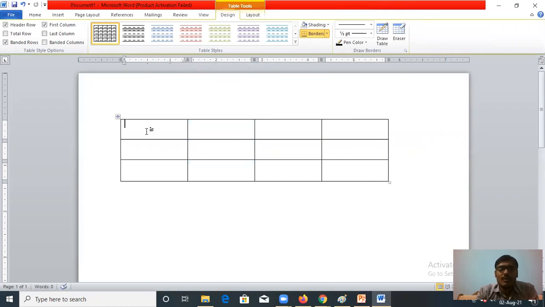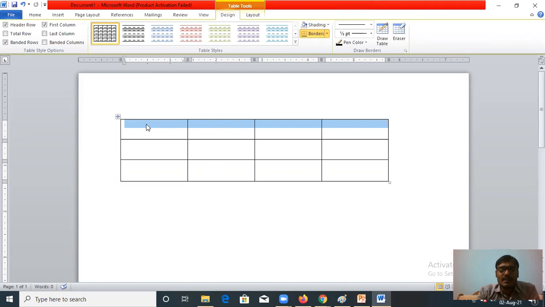Suppose I have to write the heading in the first row and I want to merge all the cells of the first row. I have to merge it. Merging means combining 2 or more cells so that it can become a large cell. So what are the steps for merging?